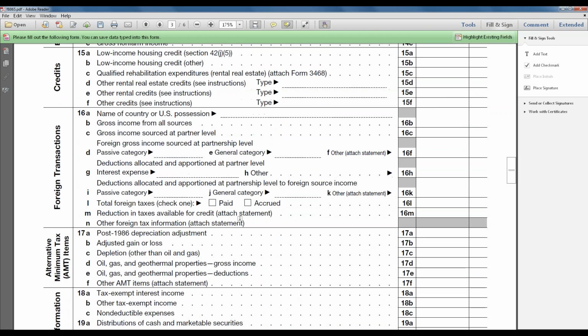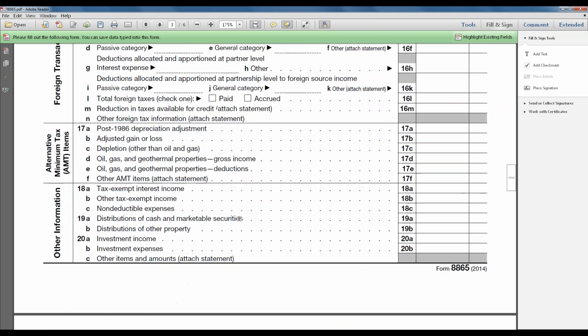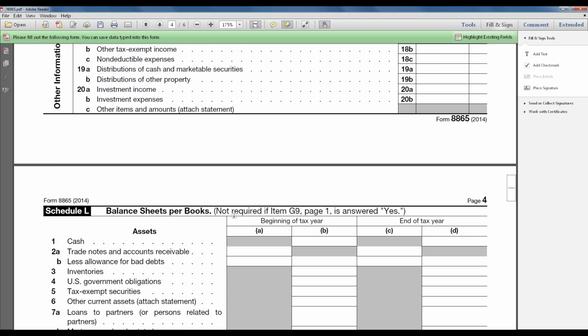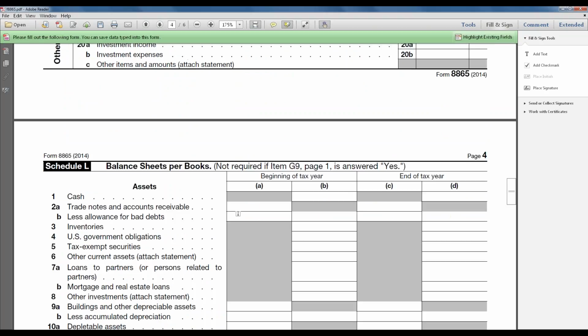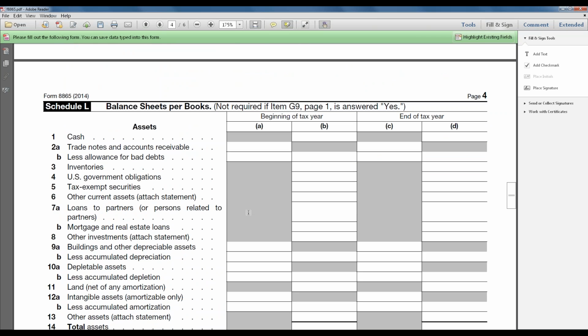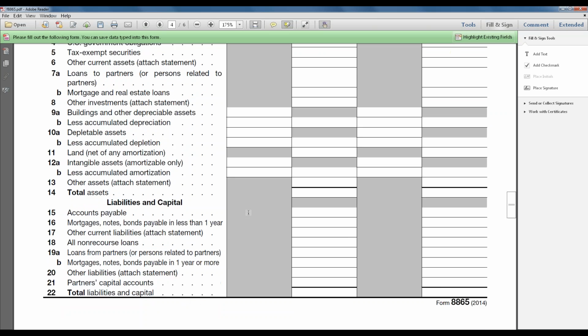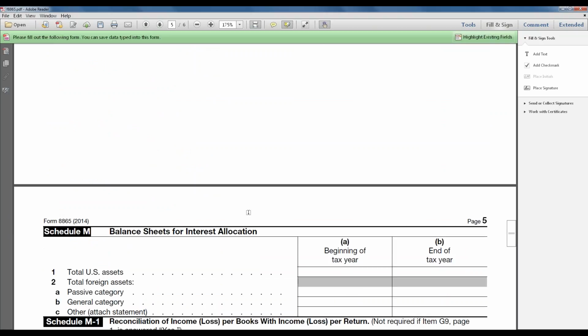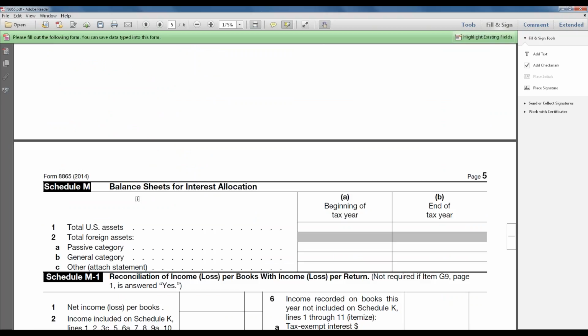I have no idea if this is inputted into the IRS computer system. That's what I like to do with Form 1065. Not required if you're a small partnership. Pretty much stuff that we've all seen as CPAs. Nothing that really takes a tremendous amount of international experience. Balance sheet for